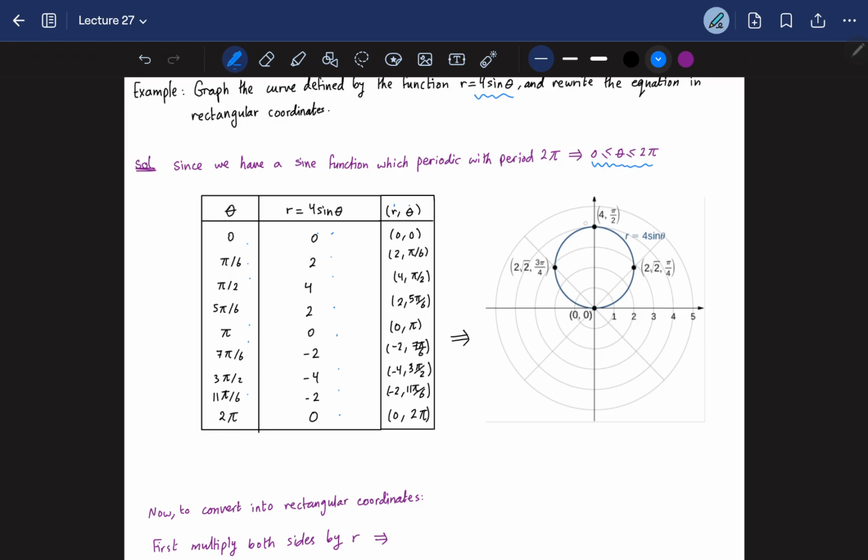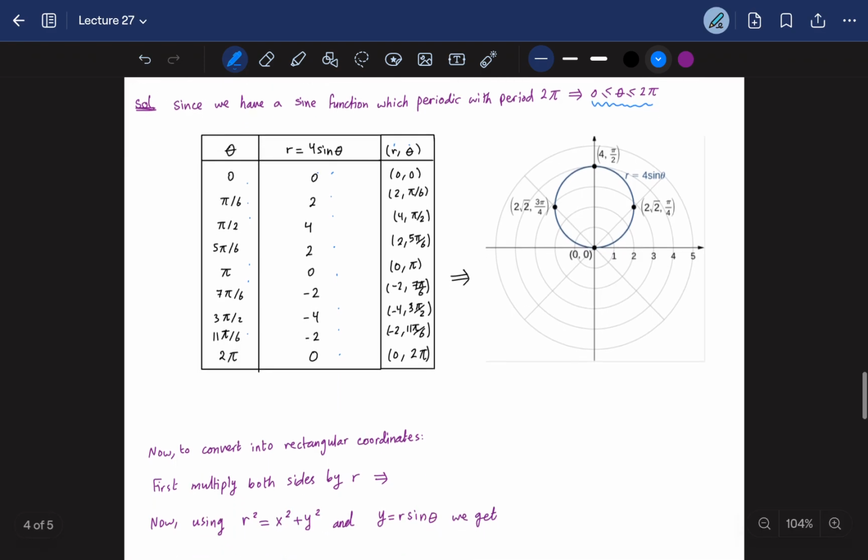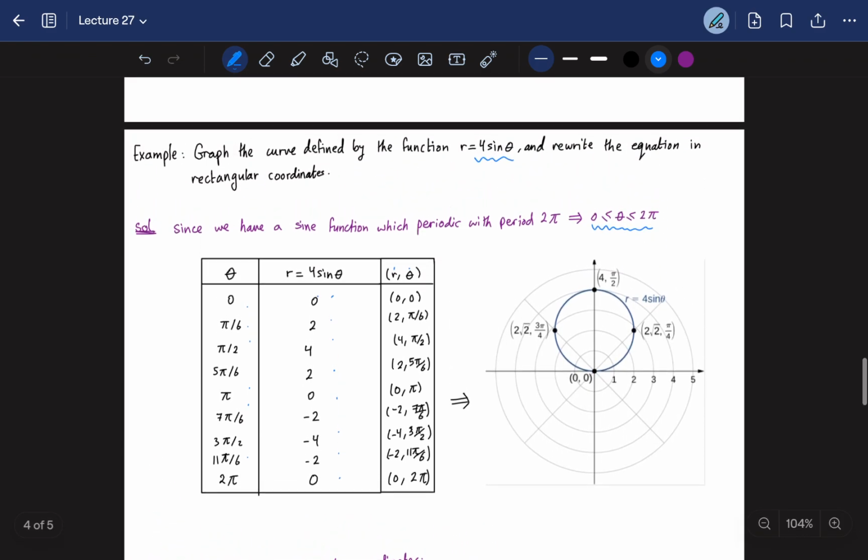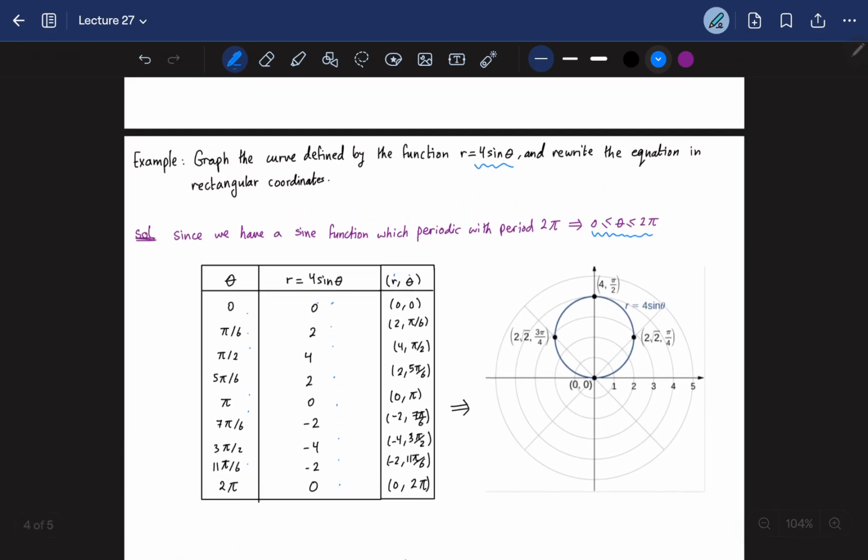Once you have the graph, you just connect the dots, and we're actually going to get a curve of the circle here. So you can double check. There's like a full solution in the book if you want to see more points and so on. Yeah. So now let's see how we're going to convert this equation r equals 4 sine theta into